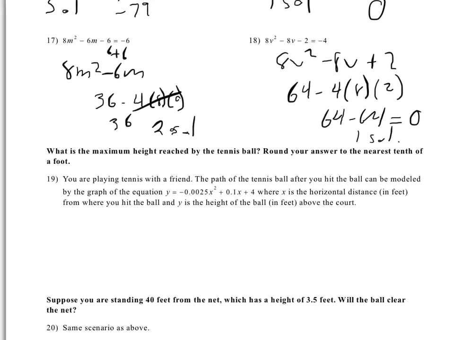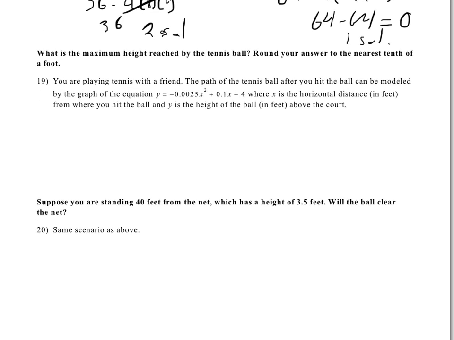Then the word problems down here. For number 19, if you want to find the maximum height, you're thinking, I have to find the vertex because this is an upside down parabola. So I will go negative b over 2a. Well, negative b is negative 0.1 divided by 2 times negative 0.0025. Using a calculator, I should get 20, meaning the ball is 20 feet away from me when it gets